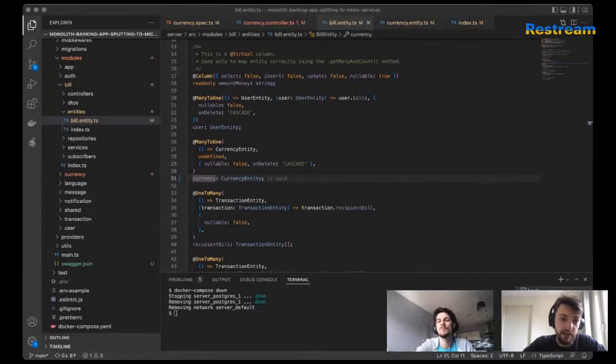The other thing I wanted to say is that we have this currency entity in both applications. First, we can share a type class. It's not a problem, and I think the idea would be the same as with gRPC.